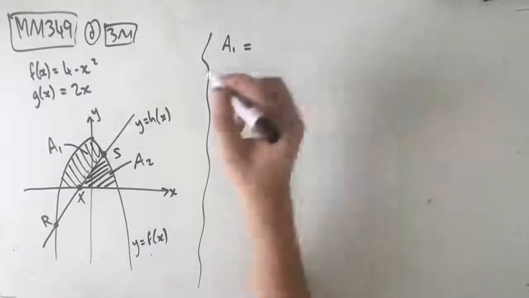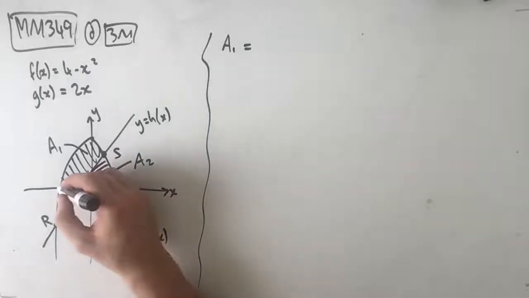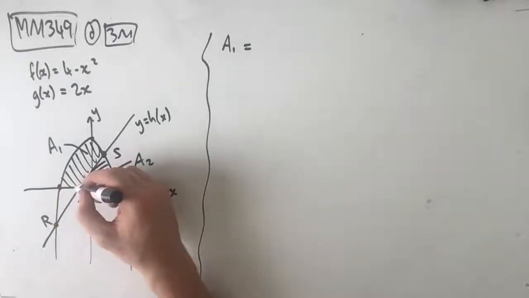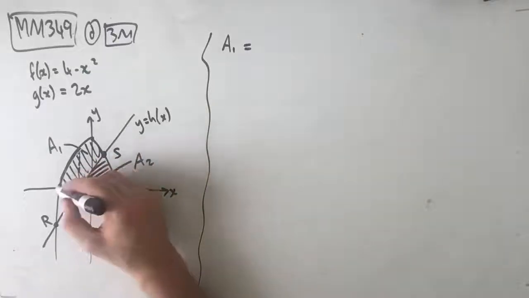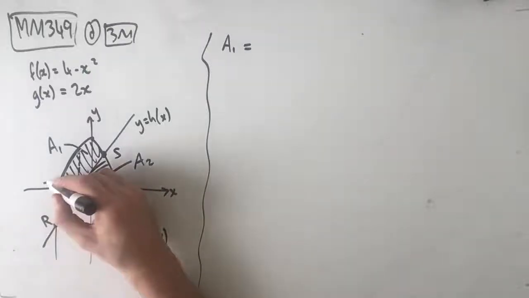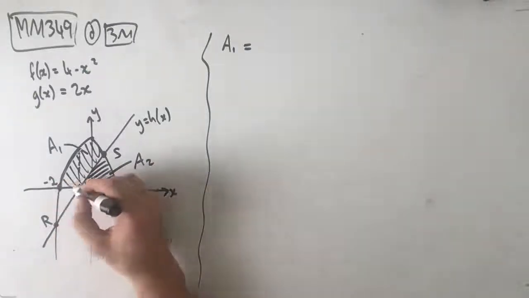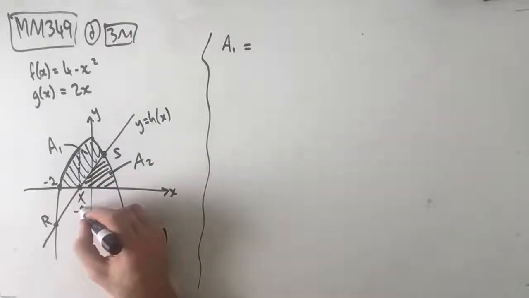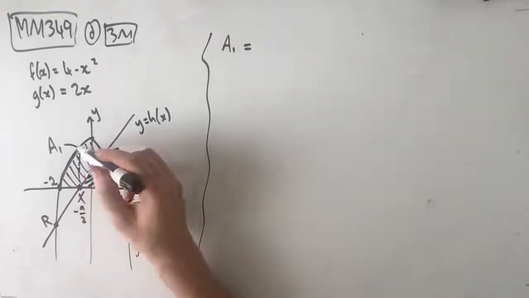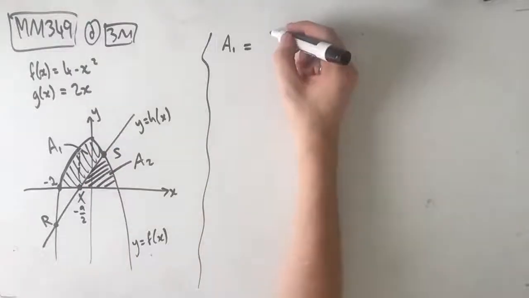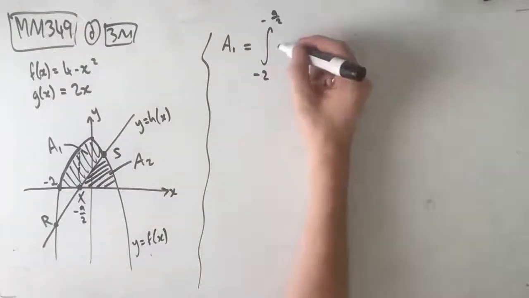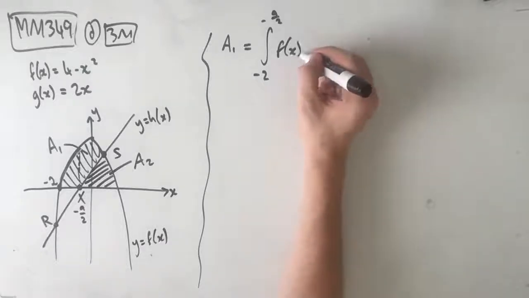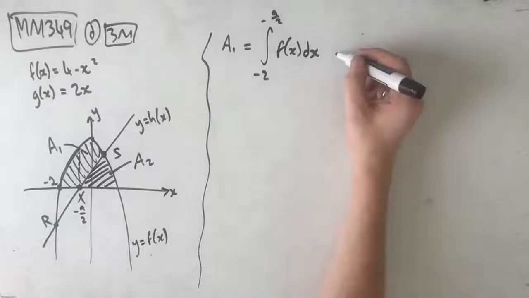Our first area, we're going to need to break up into 2, because we've got this crossover point here. So this first section is the area from this x-intercept, which we found to be negative 2, to our point at x, which was negative a on 2, under f of x. So the area from negative 2 to negative a on 2 of f of x dx, and then plus